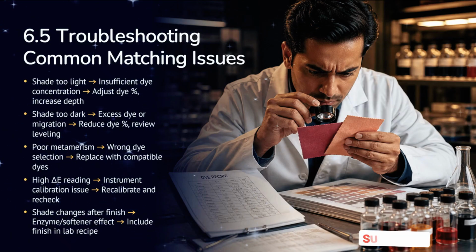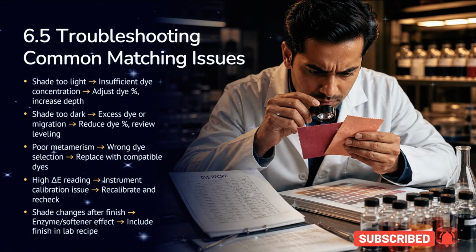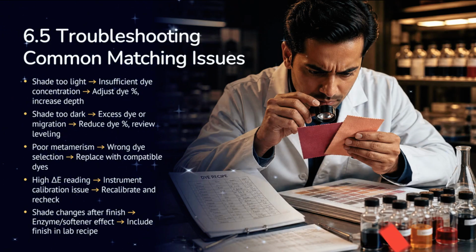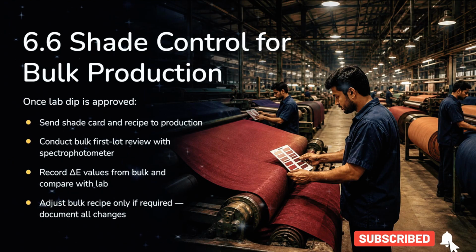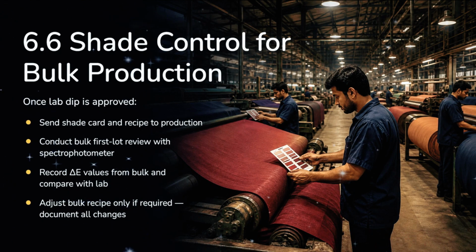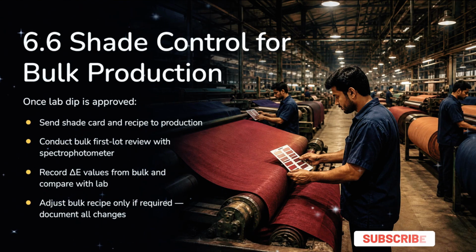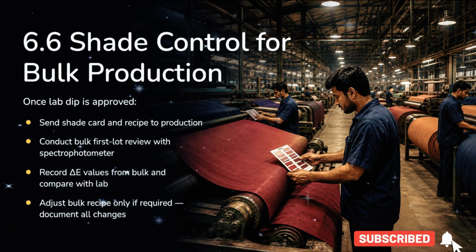For light shades, increase dye. For dark shades, reduce dye. Poor metamerism requires replacing dyes with compatible ones. For bulk production, send the approved shade card and recipe to the floor. Conduct a first lot review using the spectrophotometer, record delta E values, and only adjust the bulk recipe if necessary,